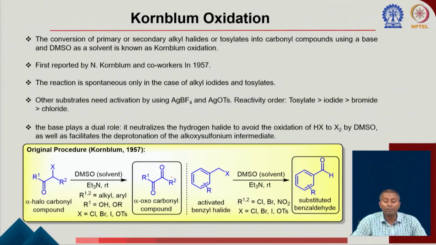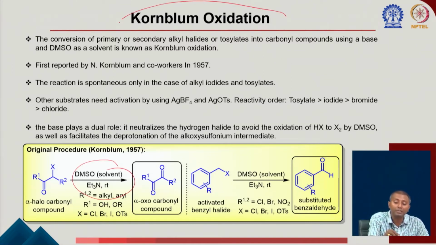So I already talked about some of the things which I already mentioned here, that converting the corresponding carbonyl to epoxide, or if you have alpha beta unsaturated carbonyl compound, you can generate the cyclopropane. Okay. Now I am moving further and talk about some of the oxidation reactions where you are using the activated DMSO. Okay. So here we can see that using this activated DMSO and triethylamine, the first one is